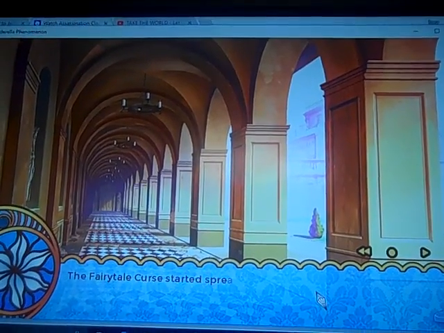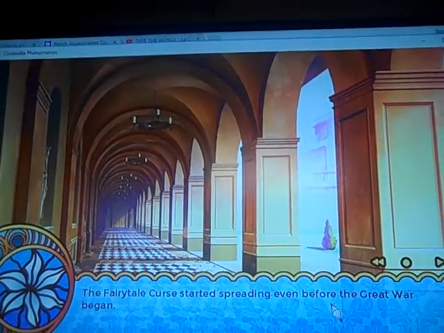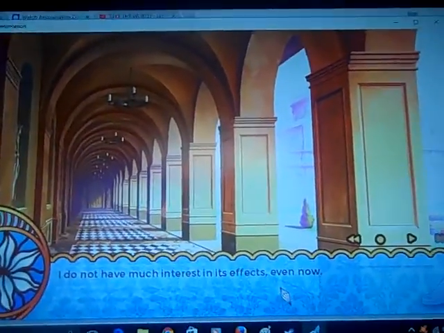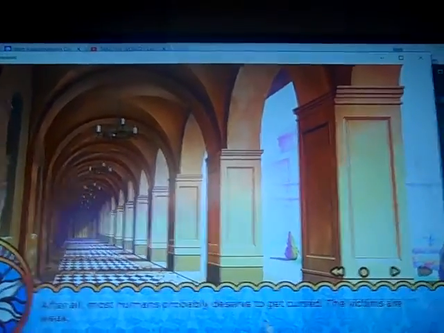As can be only expected from the likes of them. Another fairy tale curse. The fairy tale curses are starting to spread everywhere before the Great War begins. Welcome to the Great War 2. It's starting already. I do not have much interest in its effects right now. After all, most humans probably deserve to get cursed.